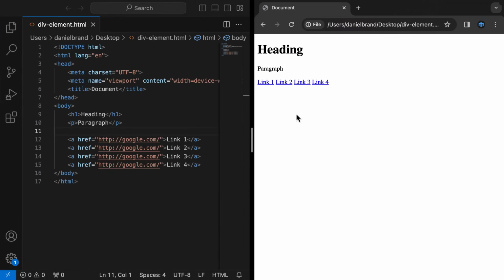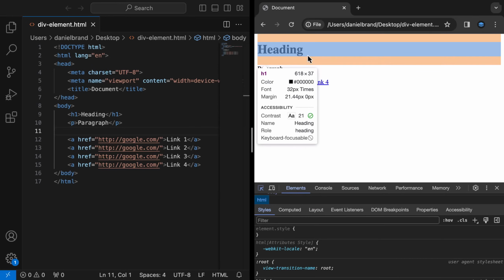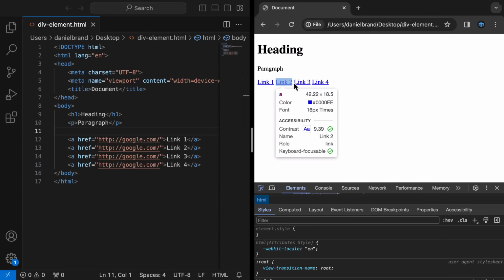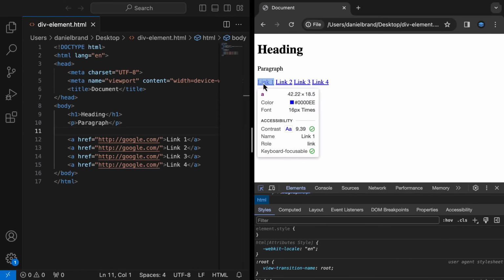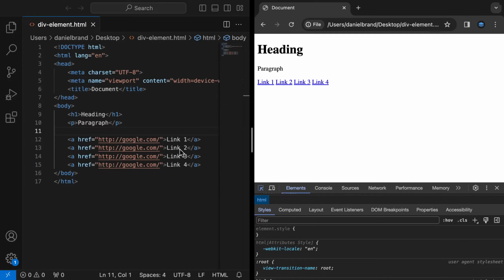So we know from the previous chapter, headings and paragraphs are block elements. They take up the full width of the page, like we can see here. Anchor tags are inline elements. They only occupy the width they need and don't start on a new line. And if you remember, the only reason link 1 is starting on a new line is because it's pushed down by the paragraph tag. What I'm going to do is now group link 1 and 2 together and link 3